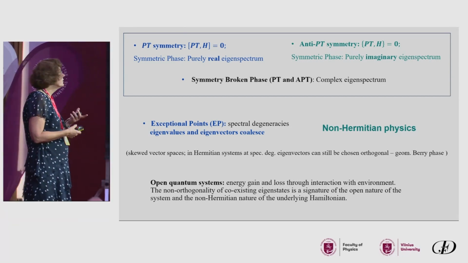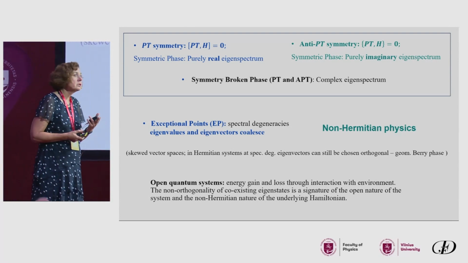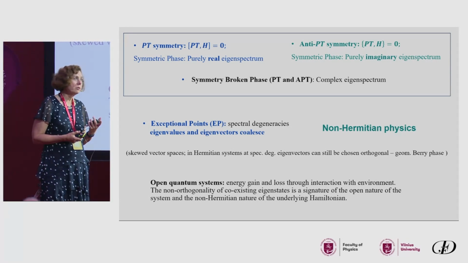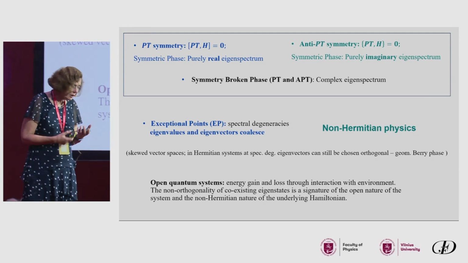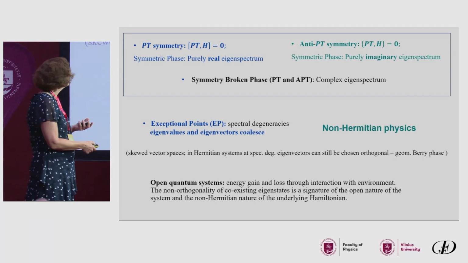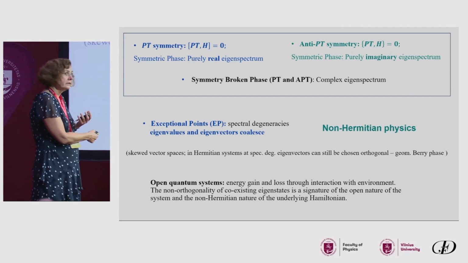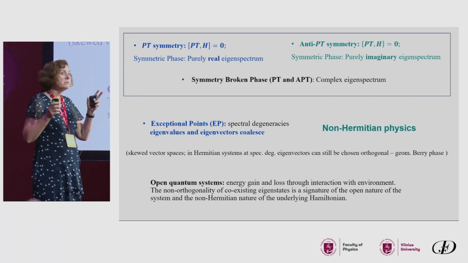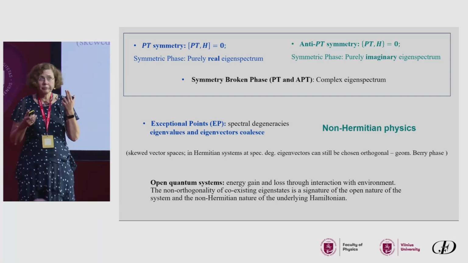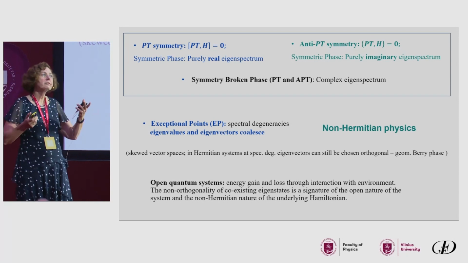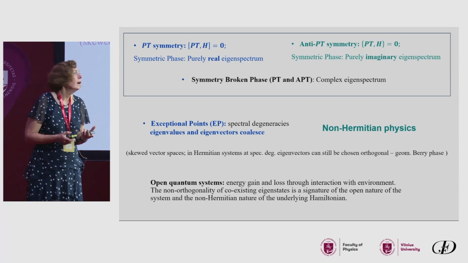They have an extremely weird property, because you have not only spectral degeneracy, which we know also from Hermitian systems where you can have degenerate eigenvalues, but the strange thing here is that also the eigenvectors coalesce. In Hermitian physics, you may have a point where eigenvalues coincide, but you still have orthogonal eigenvectors, whereas here